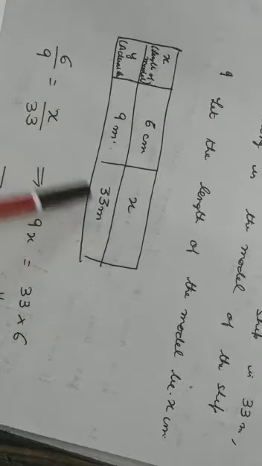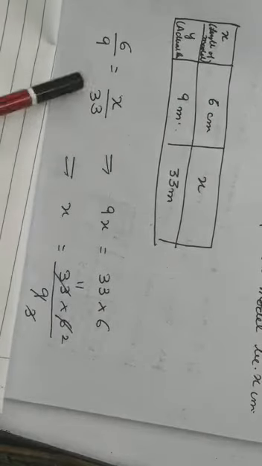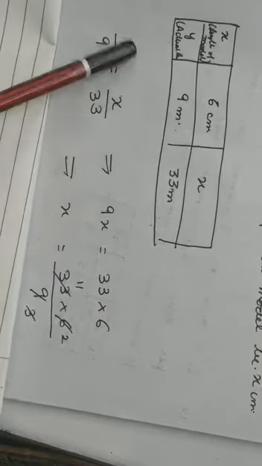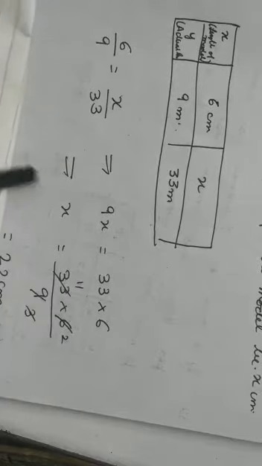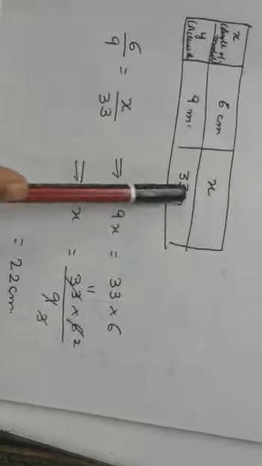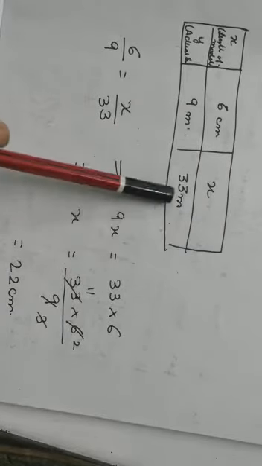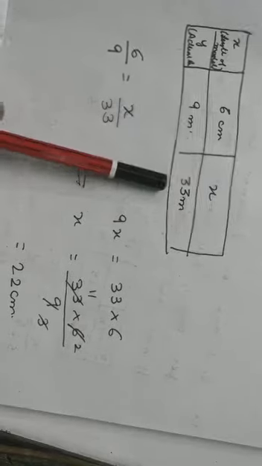It's directly proportion, so 6 by 9 should be equal to x by 33. Okay, the unit has to be kept in mind. So now just do 9 into x, 9x is equal to 6 into 33. So x is coming out to be equal to 22, and what should be the unit? Unit should be centimeter, because in case of the model, the unit is in centimeter, and in case of actual ship, the unit is in meter. So your length of the ship in the model is coming out to be equal to 22 centimeter. So this is how it needs to be done.